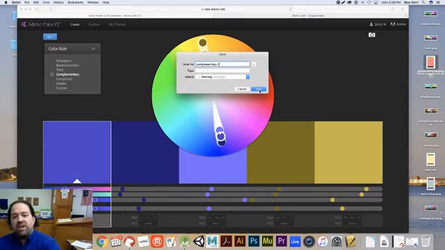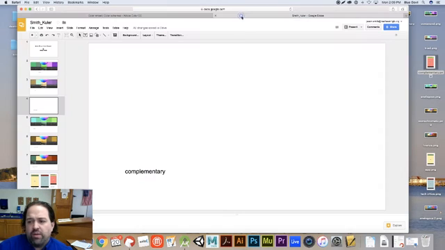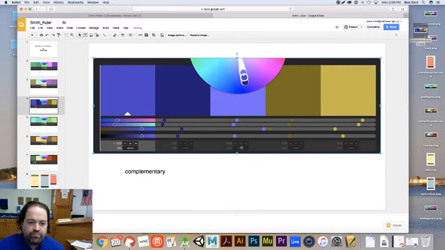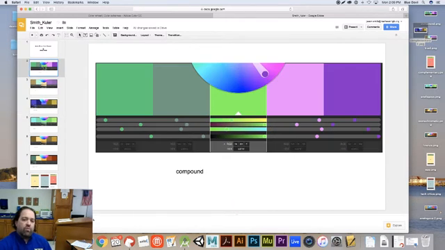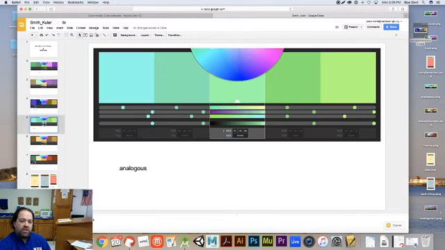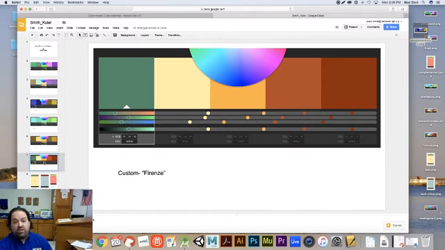If you don't type in the name of the color rule that you used, you'll have these screenshots on top of your desktop, and you won't know which rule decided on each one. So that's why I'm titling it this way. Click Save, and then all you have to do on Google Slides is find the image on your desktop and drag and drop it onto your screen. So this is a complementary color scheme, and I'll have one of these for compound, triad, complementary, analogous, monochromatic, and then you're going to